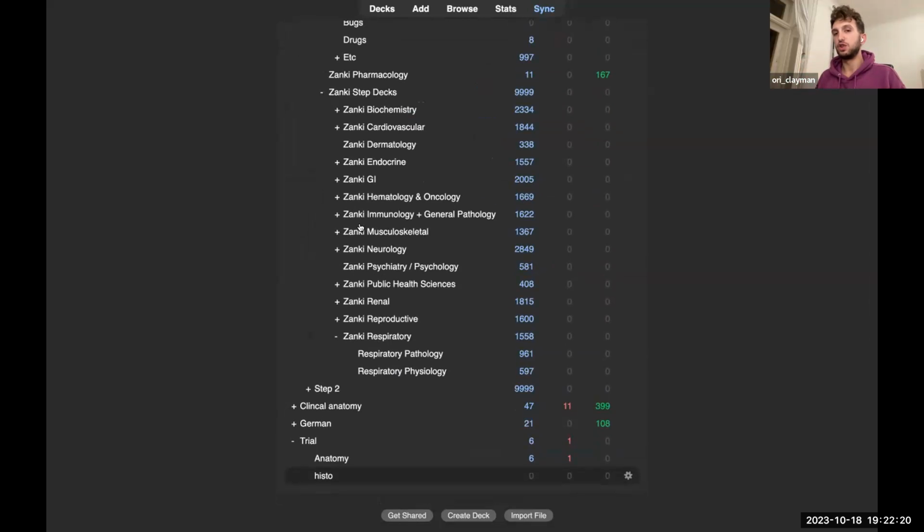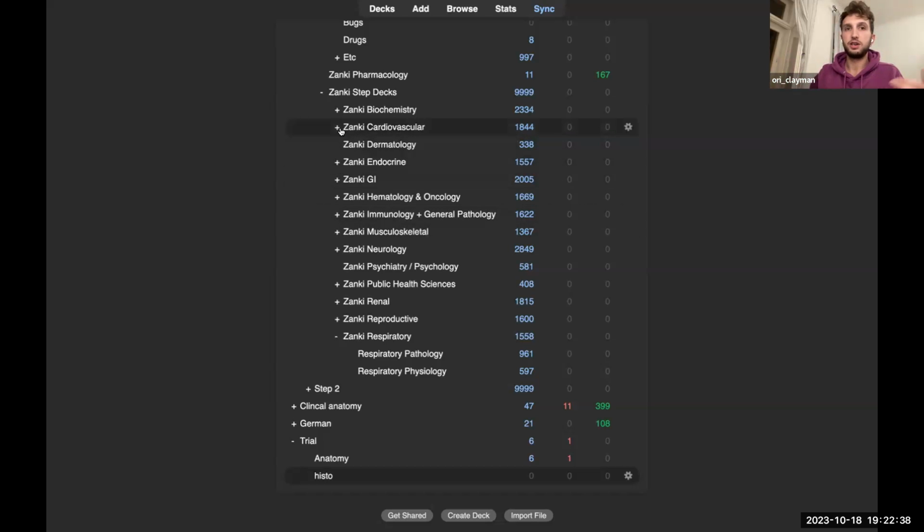But that being said, you should be doing a large volume of cards in order to cram the relevant subjects over a long period of time, because it is quite a bit of things that you have to know. So we were speaking about second year, we were speaking about